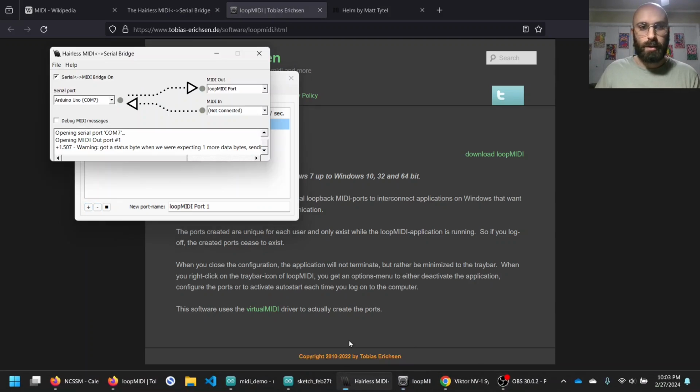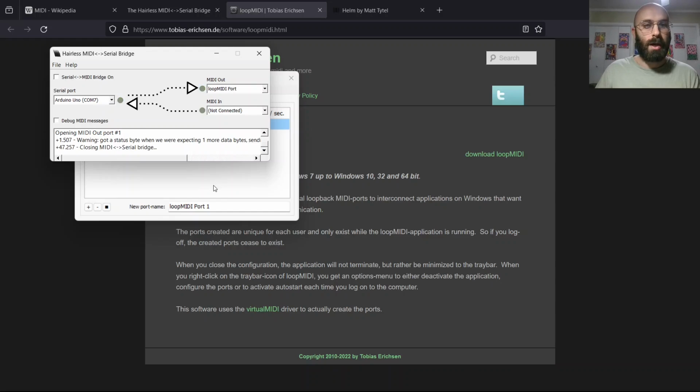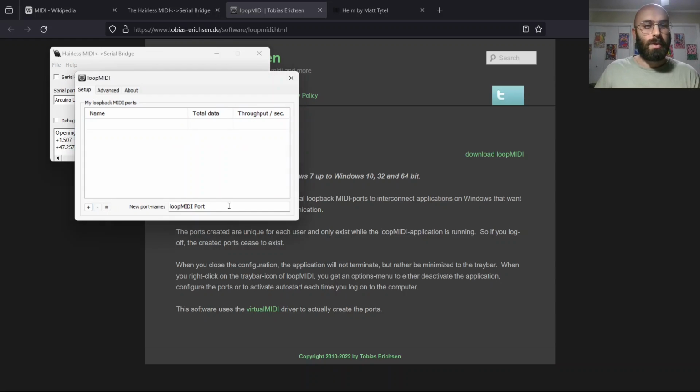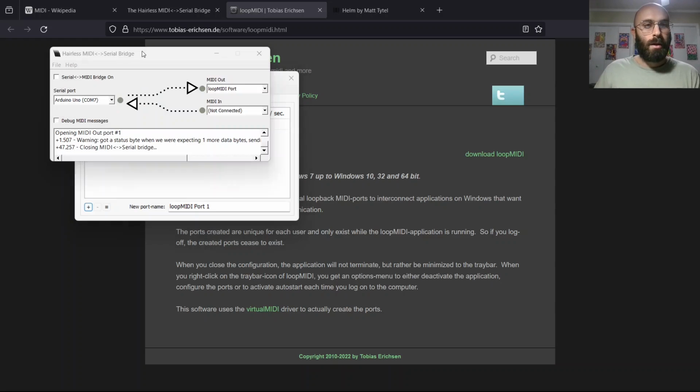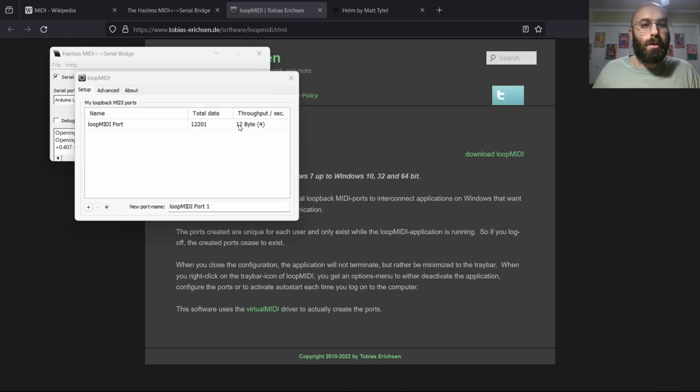So let me go back to the Hairless MIDI, and I'm going to stop that. So let me remove this. If I hit this plus button here, it's going to add some port. I can then select that port here from the dropdown and then turn it on so that it receives in that serial information and passes that along to this loopMIDI port. So it helps it act like a device that I can route to my computer and pull up in some audio recording software. So instead of pulling up audio recording software, what I'm going to do is just pull